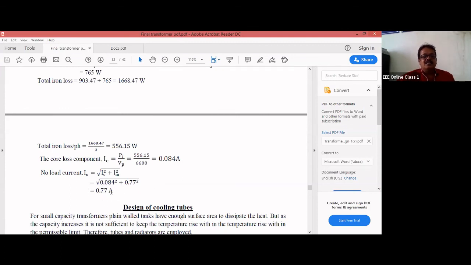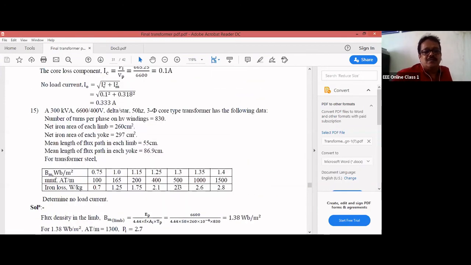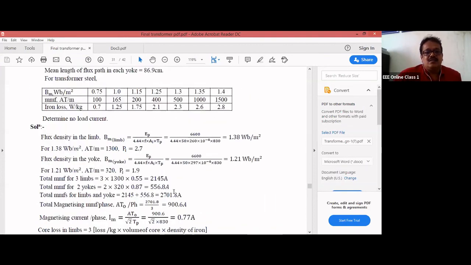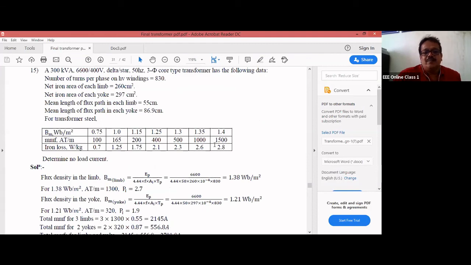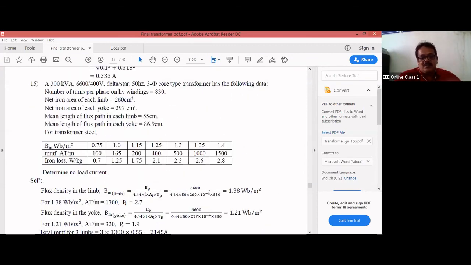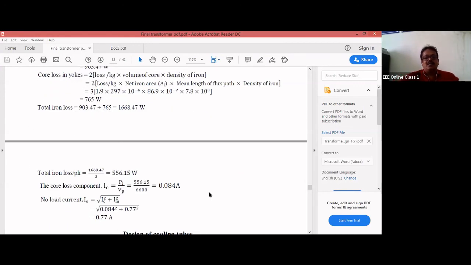This is a little bit lengthier one, because for a 3-phase transformer you have to do it per phase. So go through it. If you try to find the value, take the difference here, whatever the particular value, 1.38, take the difference and calculate. These are problems regarding 3-phase, a very important problem. Many times we have questions on 3-phase also. These are the 6 problems I did on no load.